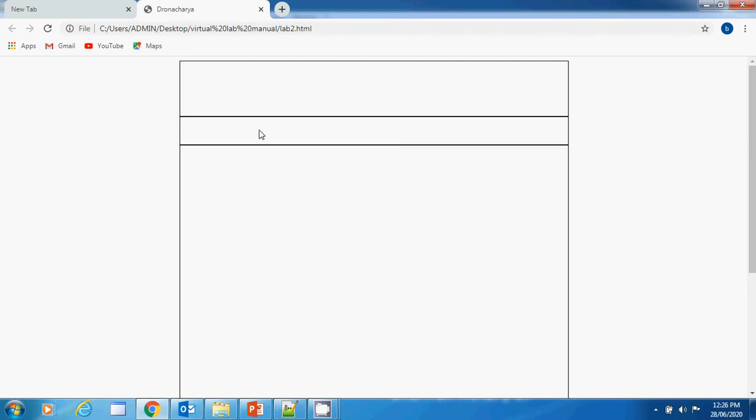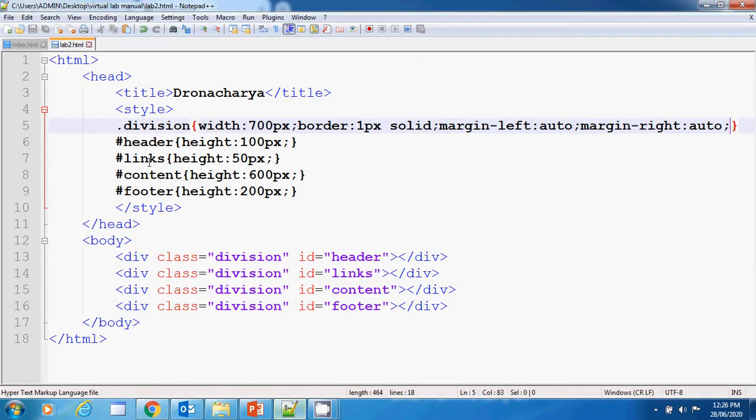Now suppose the width is appearing less, so you can increase the width of header, footer and content sections. Instead of giving several widths to several sections, we'll increase it in only one place, so automatically it will reflect to all four sections.